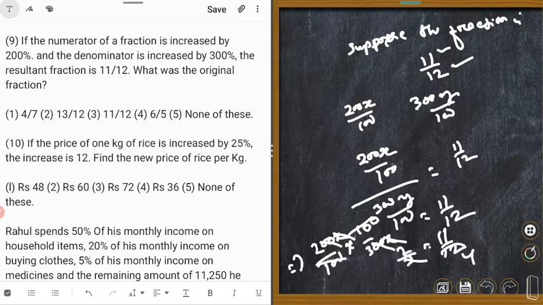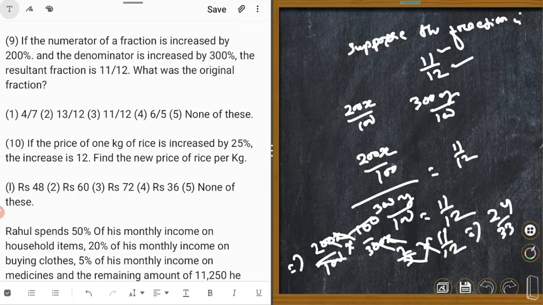Wrong. How? Oh, no. This should not be cancelled. Understand? It implies that 24 upon 33. 24 upon 33, cross multiplication. 12 to the 24 and 11 to the. Understand? This is a cross multiplication.